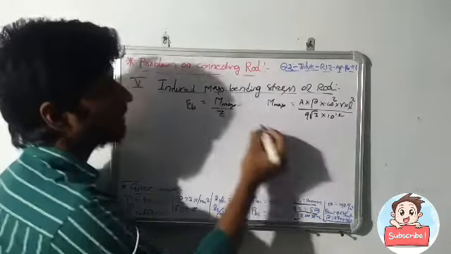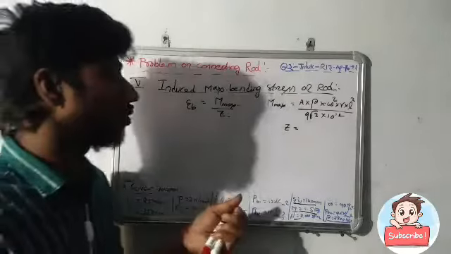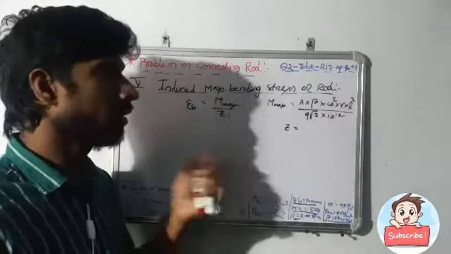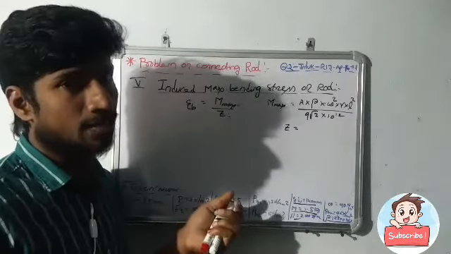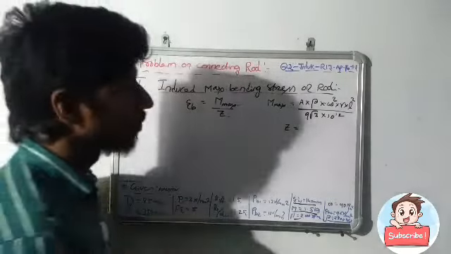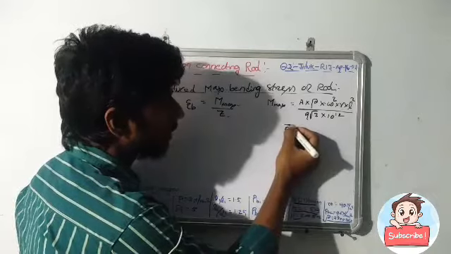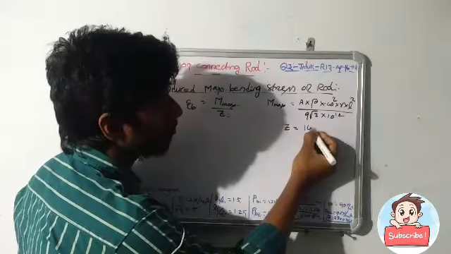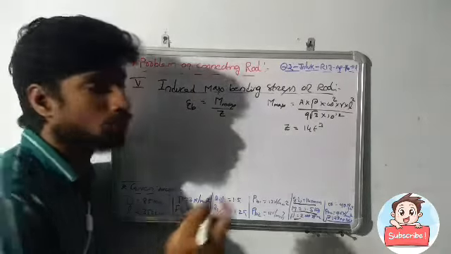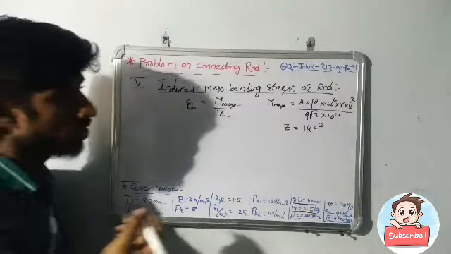And after that, Z is the section modulus. So how do we consider that Z? Generally we know the shape of the connecting rod. So based on that condition, we refer to design data book table number 14.4. In that 14.4, the section modulus of the connecting rod for I section is equal to 14 t cube. So let's simplify these values.